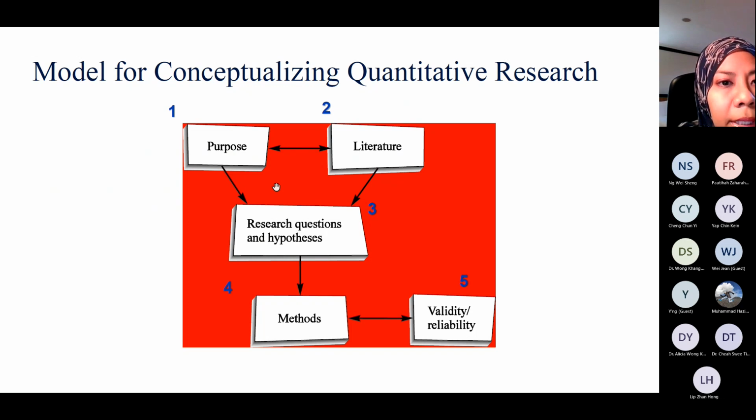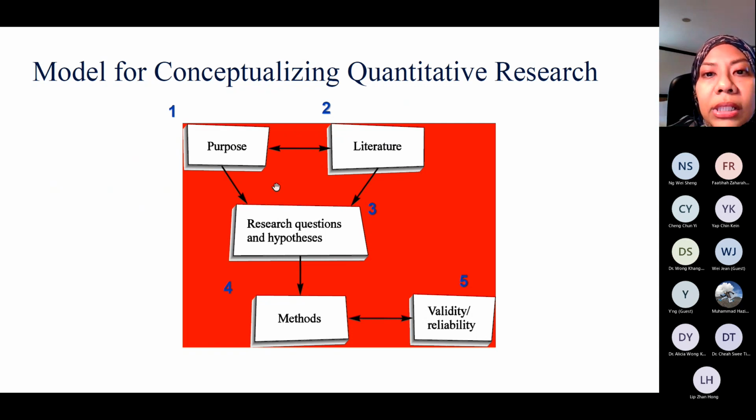By having the topic, we scale it down to having the objective of the study. Having the objective of the study, we will then have the hypothesis and the research question. That is under purpose. After we have the basic of the research, which is the purpose, we will move on to the literature. Based on the research objective, the hypothesis, and the research question, we need to explain to the readers of our research what we are trying to explain.